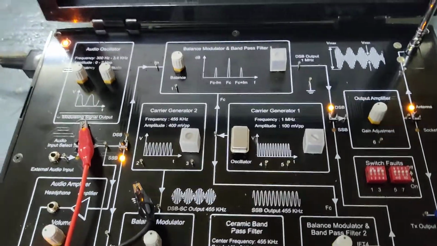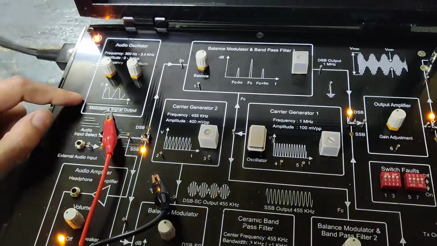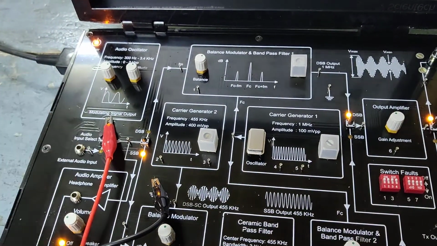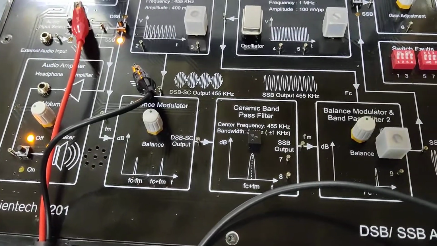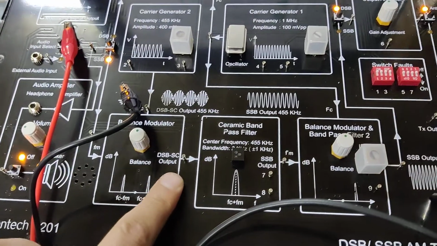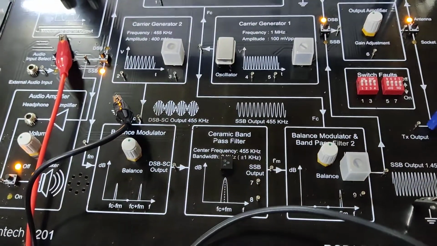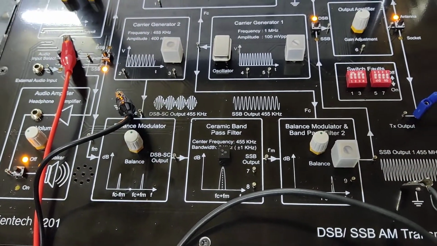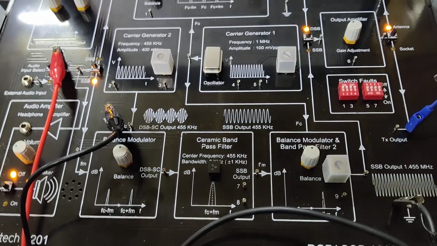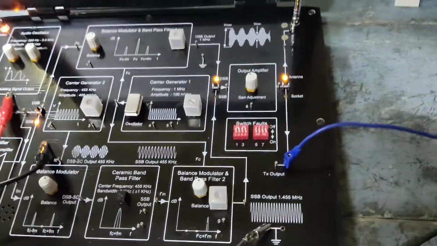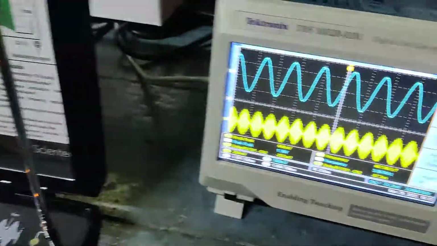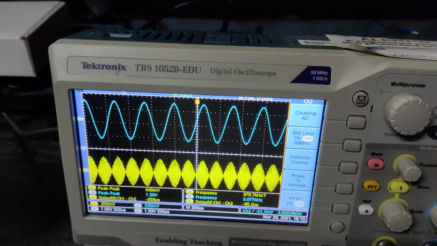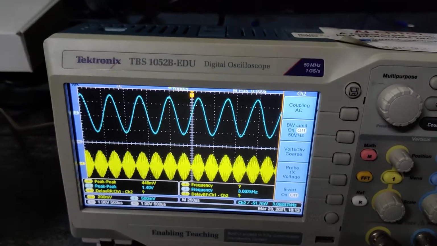So we have a carrier frequency and this audio signal generated from the audio oscillator being fed to this balanced modulator, and the output of the balanced modulator, which we will visualize on an oscilloscope, will be a dual sideband suppressed carrier. If we connect the position here, we can visualize the DSB suppressed carrier on the oscilloscope.